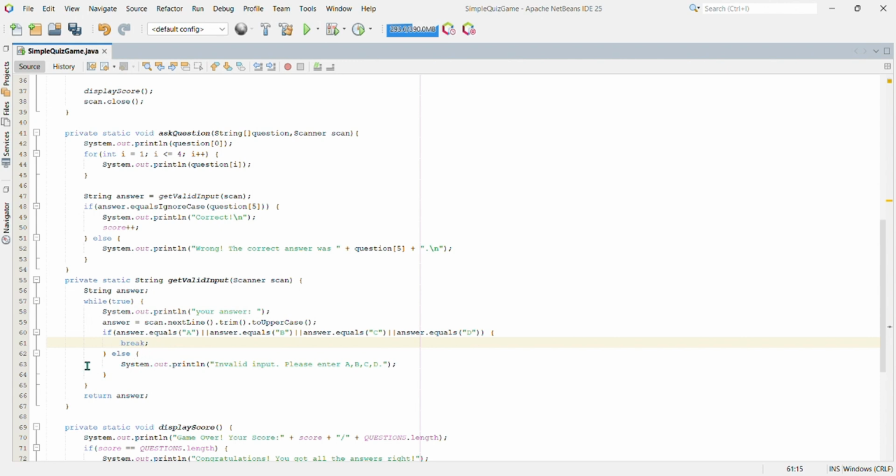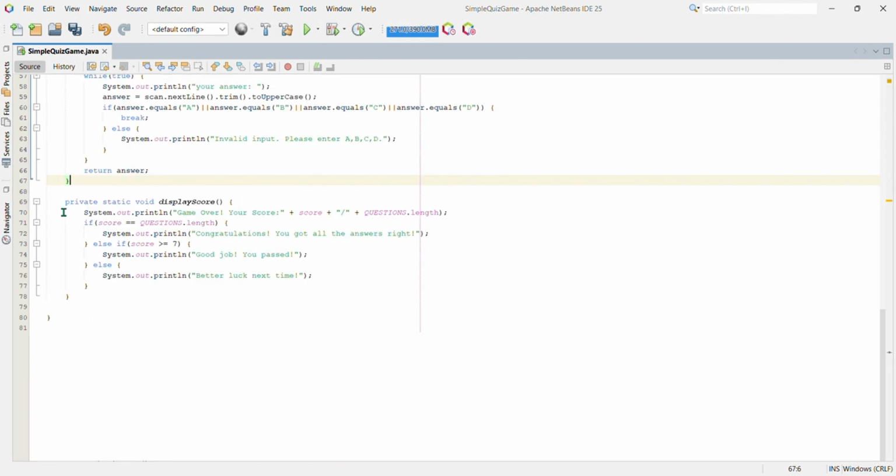If the answer is invalid, this line will execute. This line prints an error message to the console, asking the player to enter a valid answer. This line closes the if-else block. This line closes the while loop. This line returns the valid answer to the caller. This line closes the getValidInput method.